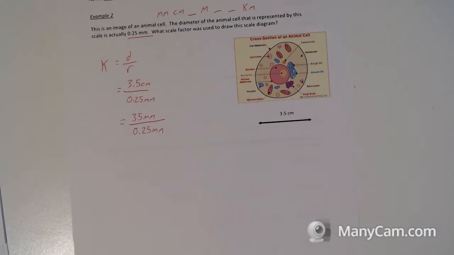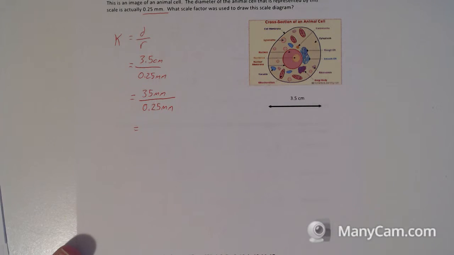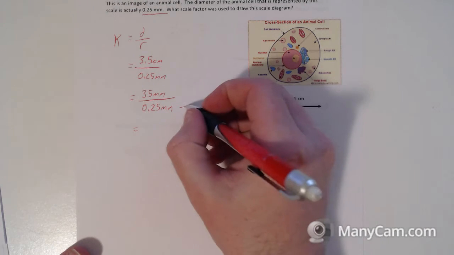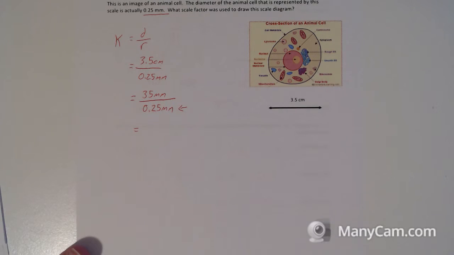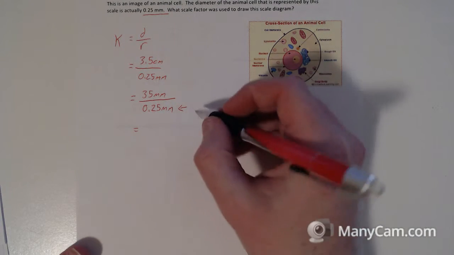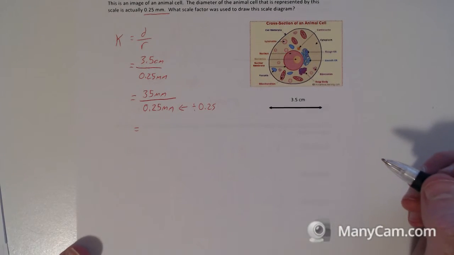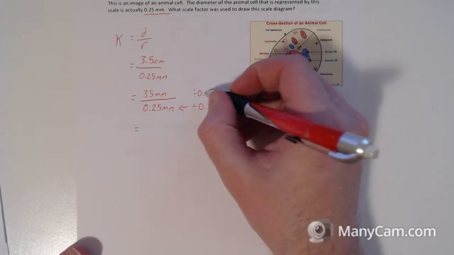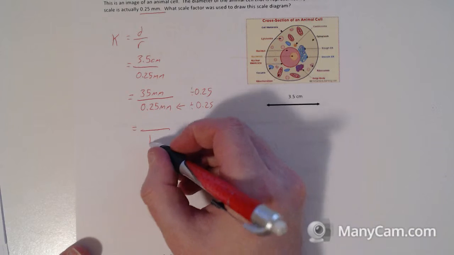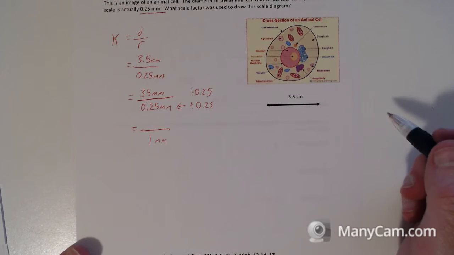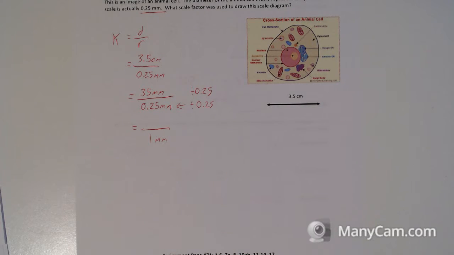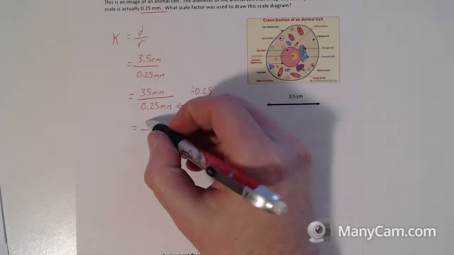So what's the actual scale? We could do it really, really small. It might not make sense in this one because it is actually an enlargement. We might want to turn this one into the 1 this time for the scale factor. So to do that, you can either divide, just like we were going to do before, divide by 0.25, or you can times it by 4, if that makes sense. Which means 1 millimeter in real life is the same as 35 times 4, which is 140